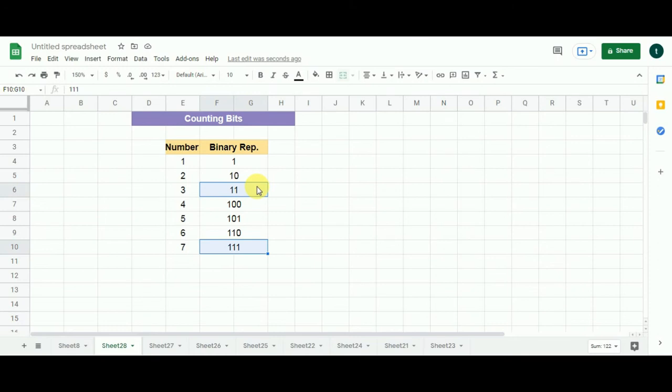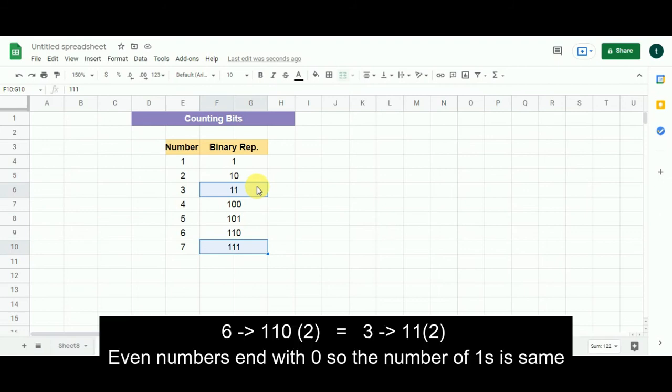During the days of engineering physics, my professor told me that when you need to find out what the binary representation of the quotient will be, when you divide a number by 2, simply shift the number to the right by 1 digit. That principle I applied here. Now, since the binary representation of all the even numbers ends with 0, the number of ones is the same for the number and its quotient that comes when that number is divided by 2, while the binary of the odd numbers ends with 1.